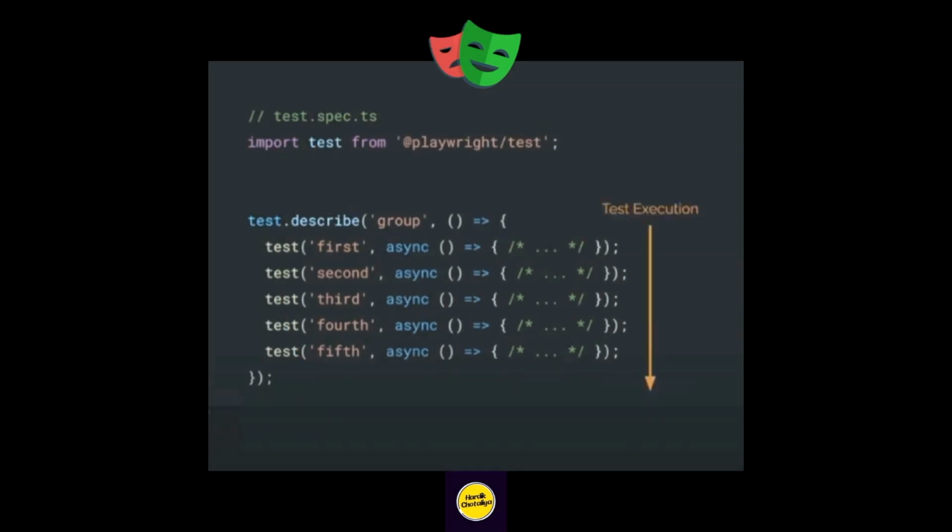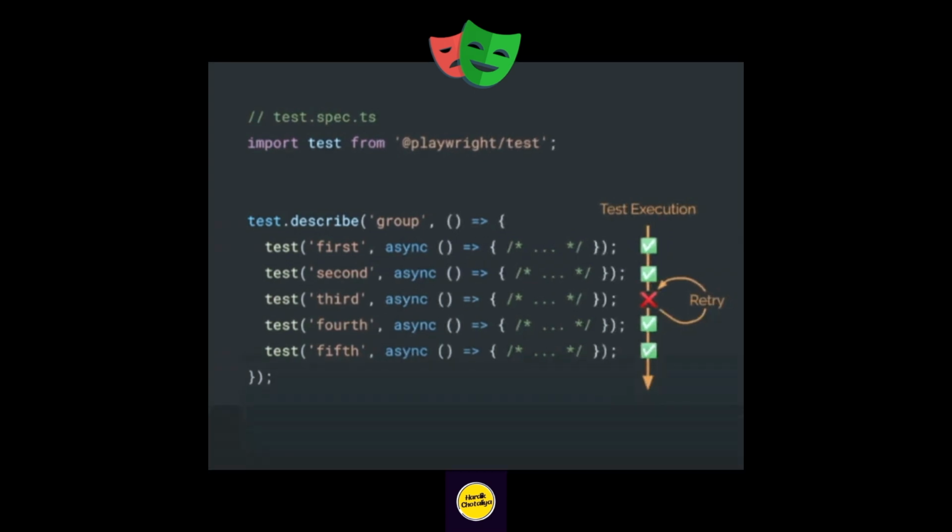So let's take an example where we have a describe block with 5 test cases. Let's say the first and second test cases pass, and the third test case fails, but it's still executing the fourth and fifth. For your information, in this describe block, all the test cases are interdependent with each other. So if we have a retry mechanism, then it will still rerun only the third one,